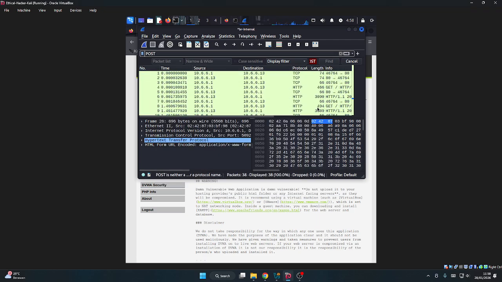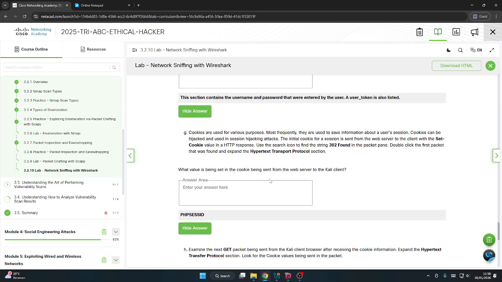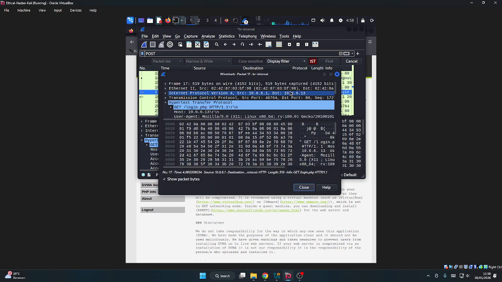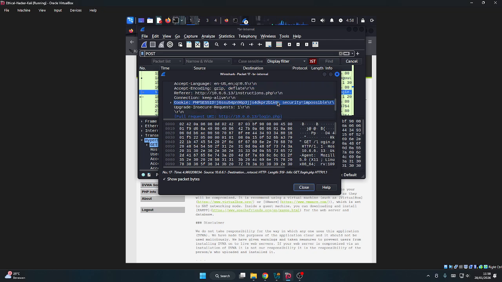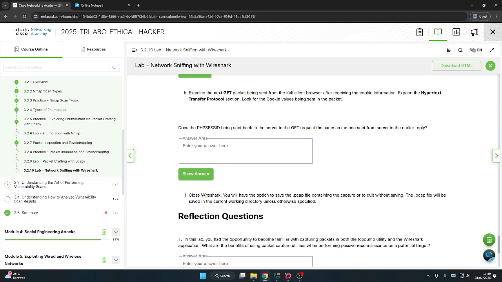I think we can get that here, the Set-Cookie. So we can see the PHPSESSID cookie here is 6SSU5T4.